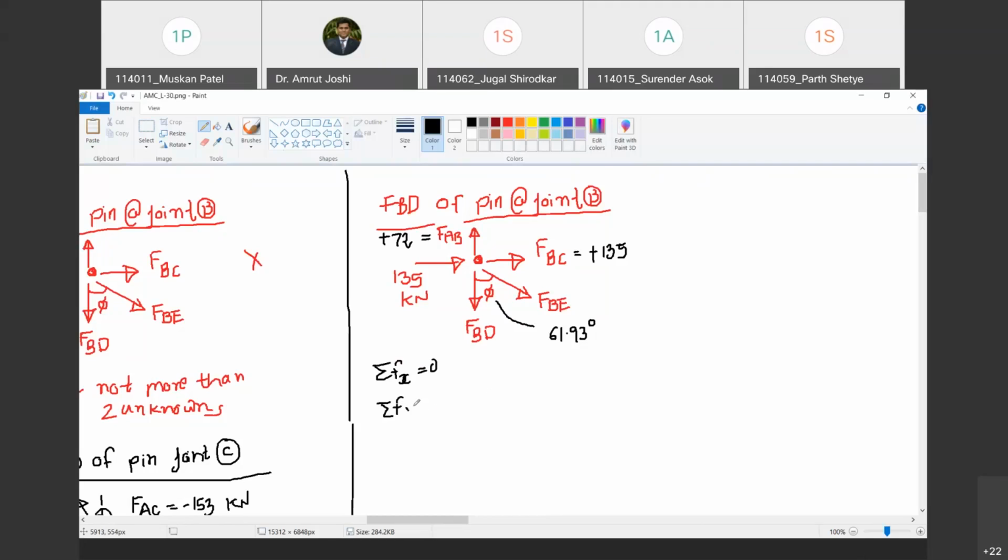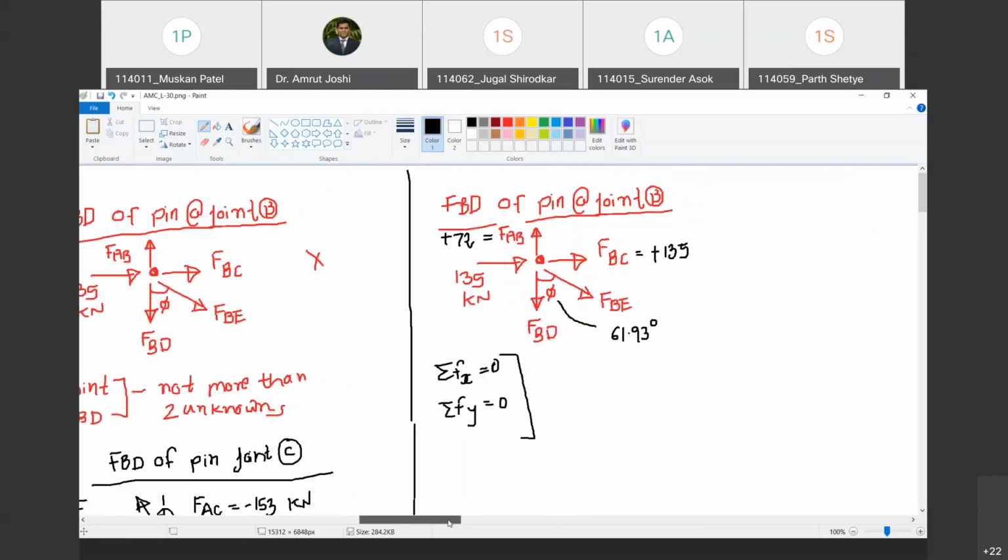We have already ventured five minutes into your recess, but let us finish this and then stop for today. Okay? So quickly, tell me, which equation should I use first? Again, anyone can be used. Do you agree? Sorry, we have to use summation Fx equal to 0 first. So let us quickly do it, or it will take some time for interpretation.